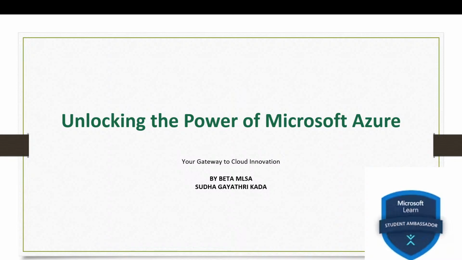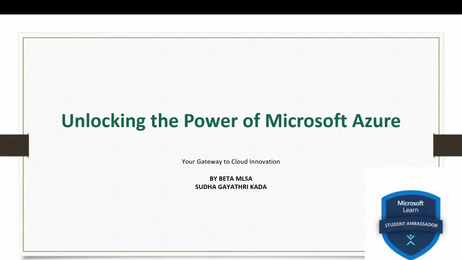From startups to large enterprises, organizations worldwide rely on Azure's wide array of services to build, deploy, and manage applications effectively. And the best part, Azure is not just for professionals or students or developers. An aspiring tech enthusiast can also leverage its power to build the next big thing.